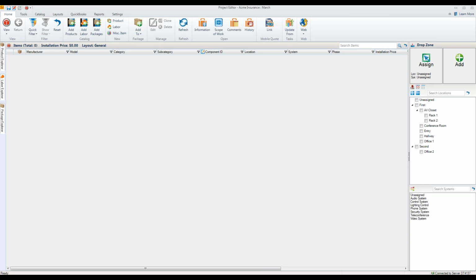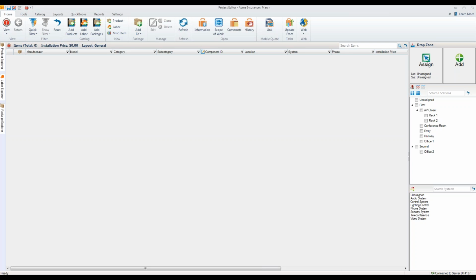So it does give you some nice, powerful tools there for visually building the proposal or the quote. But you certainly don't have to start that way. So it's really up to you and your personal preference. For today, what I'll do is give you a quick example of each. We'll just add a few parts here on the quoting or estimating side. We'll take it to the drawing side. We'll add a few more parts over there just so you kind of get an idea how it works in